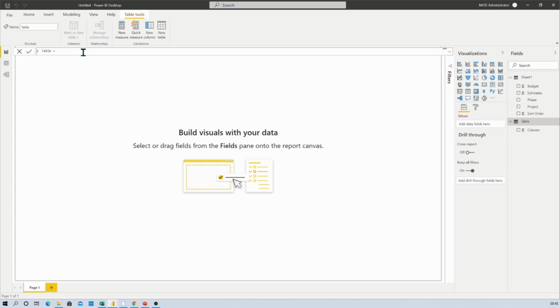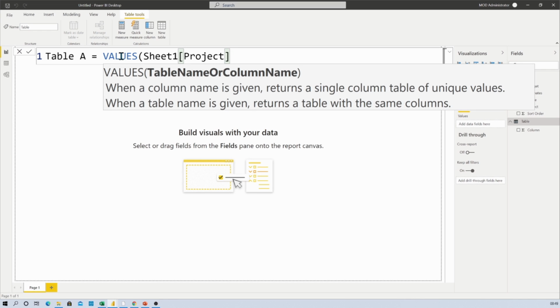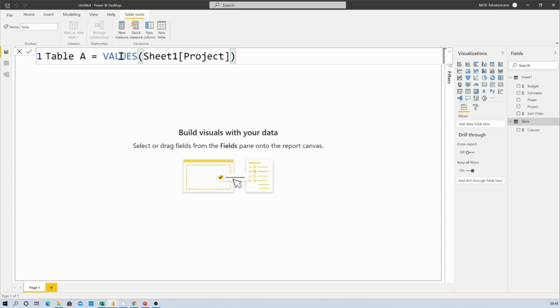That will open up the formula bar and now let's apply a formula. First let's name the table, Table A, and then we need to provide VALUES, and inside that we need to provide the column name. My column name would be the project column because we want to make the drop down for the project column. So for Table A let's click that and create that.